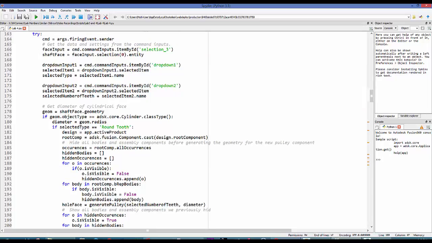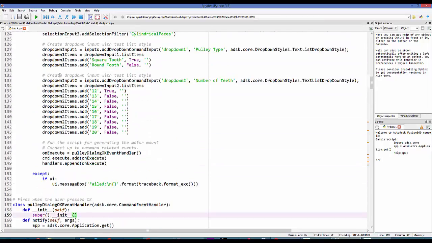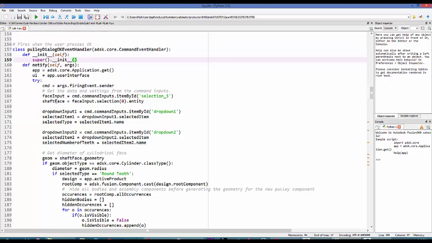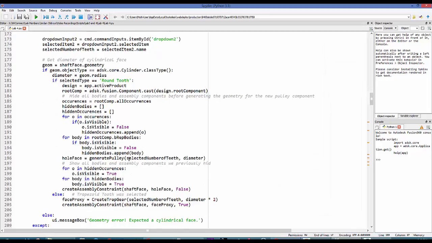Now this code is going to grab some of the values from the dialog box. Whatever their drop down input was, it's going to grab, so right here, command inputs, item by ID, drop down 1. It's going to reassign that to a different name, and then start pulling out values from that. So as soon as they hit OK, I'm going to grab a lot of the information they gave me. I'm going to pass that information into some of the code that I created, for example,